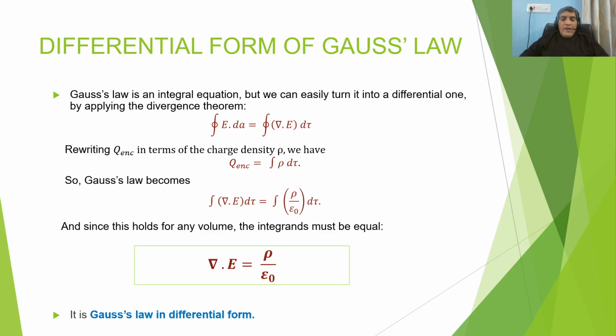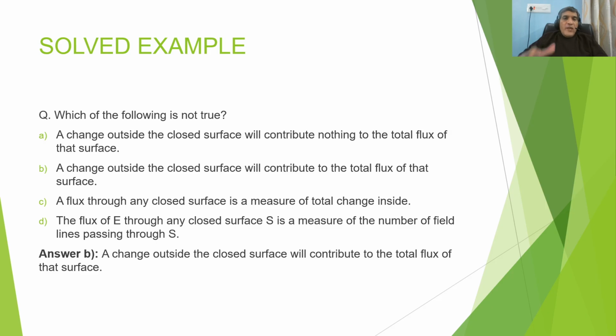Now the end section of the PPT comes, that is question and answer. We have some solved questions for you. The first one is: which of the following is not true. First of all, you have to read very carefully one by one. We have all the answers, and we read which is true, but the question is which is not true, so we pick the answer which is not true. In this question, three options are correct and one option is not correct. We have to pick which is not correct.